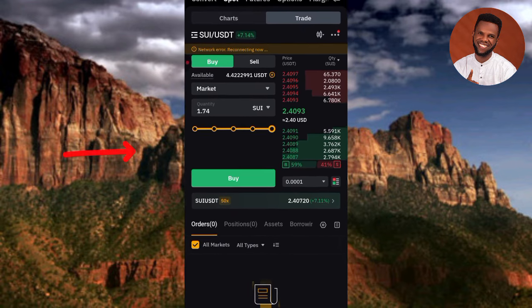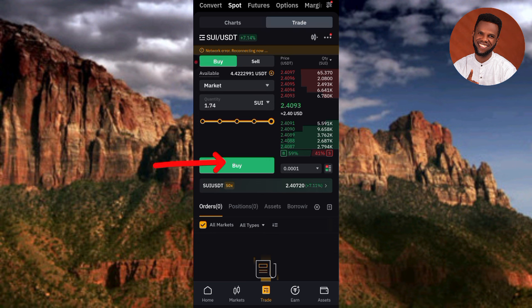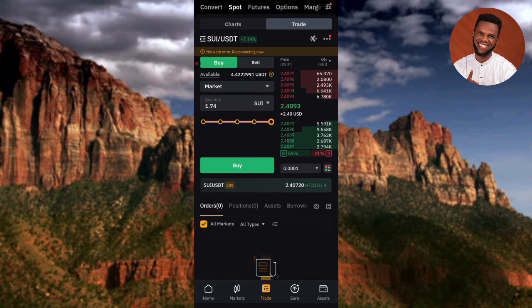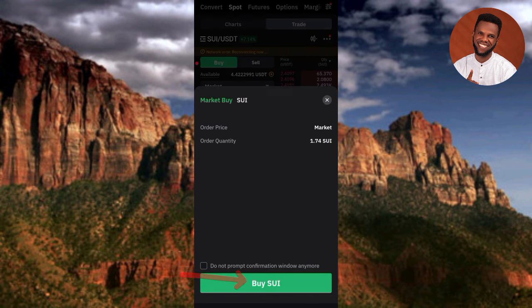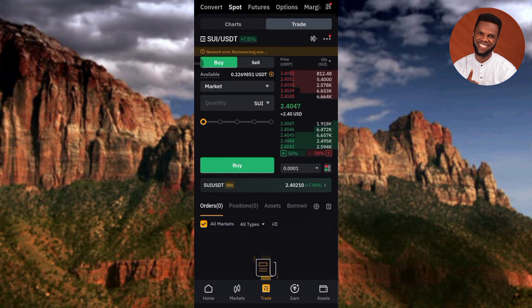So I want to buy 1.74 SUI token. What I'm going to do now is to tap on buy. So let me tap on buy. Then tap on buy SUI down there. Let me tap on it. You can see guys, it's loading. So guys, by doing that, you've been able to buy SUI token, and you can confirm that by